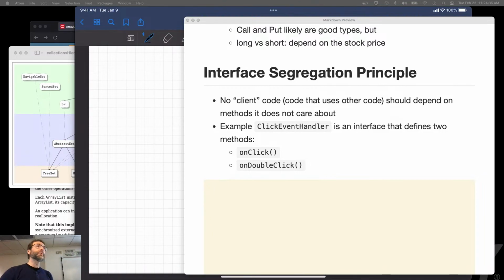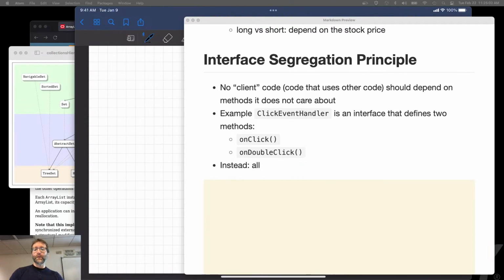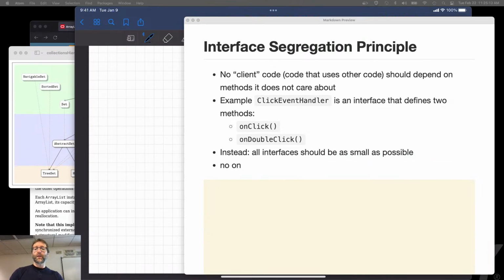Right? Okay, that's a reasonable solution, but that just means that I have to write code to either cut and paste the exact same thing in the other function, or I have to have one function call the other function, right? That interface is forcing me to decide to implement both of these things, even if I don't care about it. Right? Instead, what should happen? Instead, all interfaces should be as small as possible. Right? You should not be forced. No one should be forced